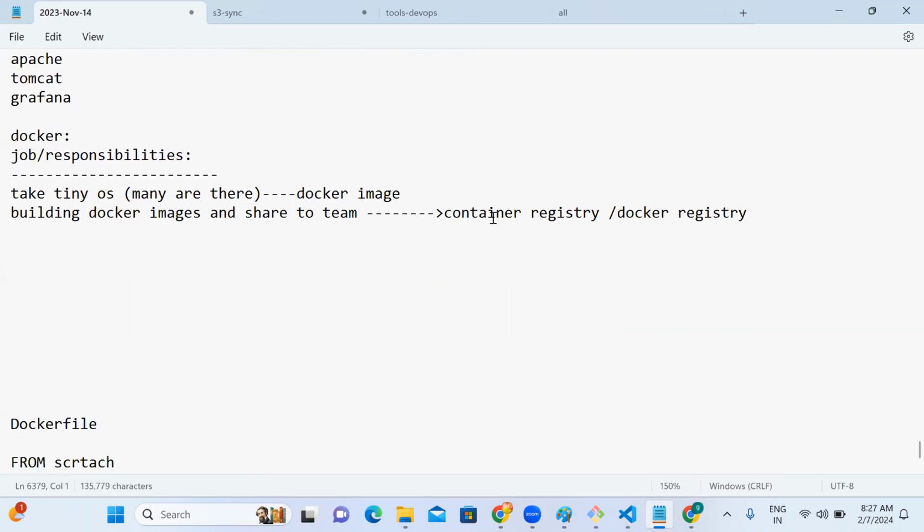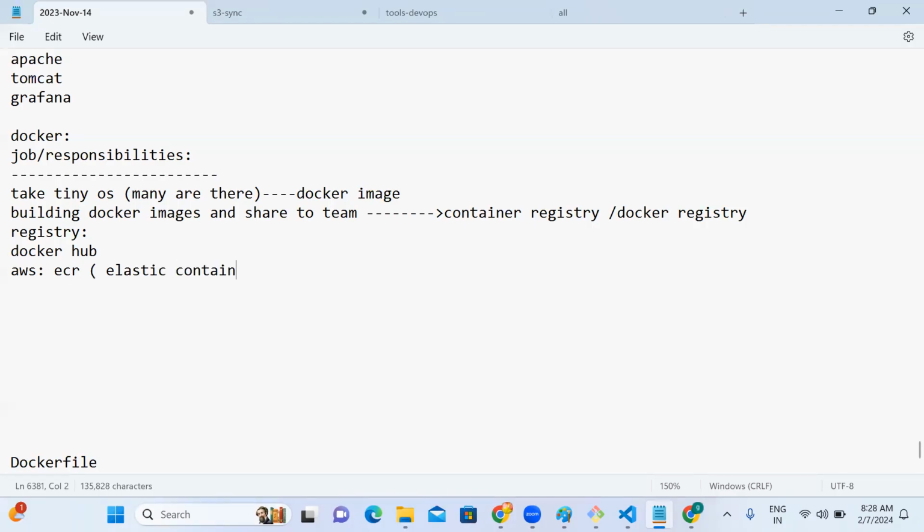There is a famous one in the market called Docker Hub. Every cloud provider, if something crazy comes, they copy and keep it in their own environment. Taking Docker Hub as a model, AWS also created their own registry, ECR,